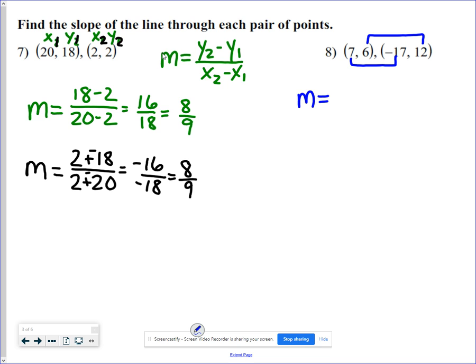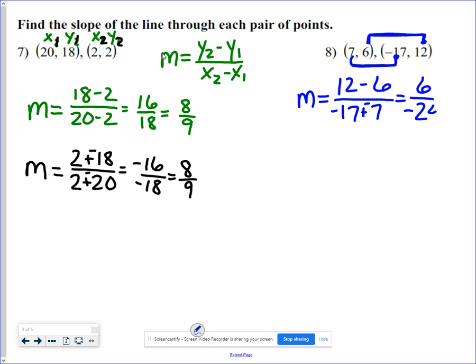So I'm going to go with, again, probably the way that most of you would want to do this: 12 minus 6 over negative 17 minus 7. Notice I started with the 12 right here and went to the 6. So then I'd have to start with this negative 17 and go to the 7. I would have to do a keep change on the bottom, not on the top. I would have 6 over